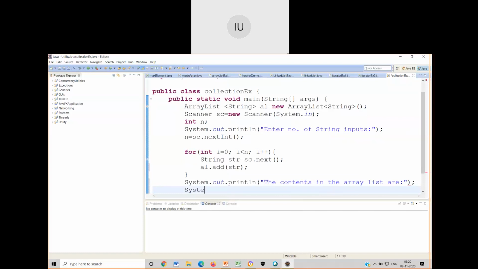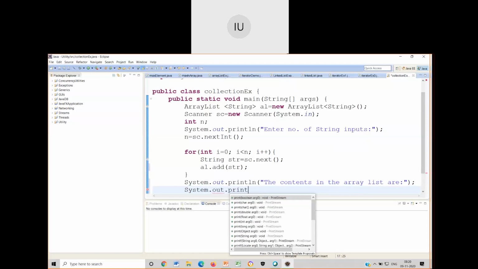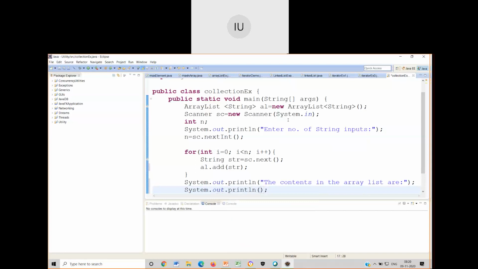Look at this, I need not use a for loop again because my collection class is so well versed. If I call the name of that collection class, if I pass only the object of that, all the content will be displayed.